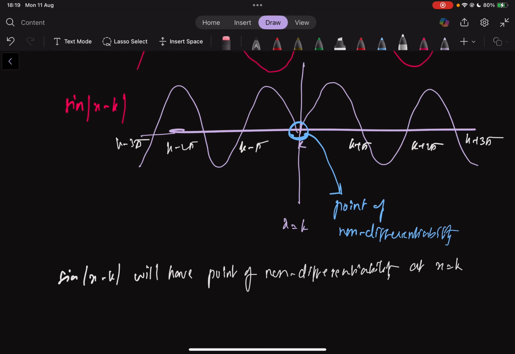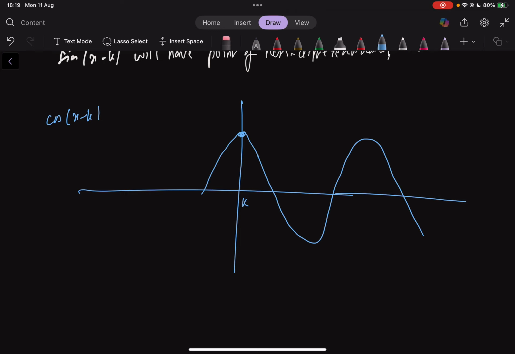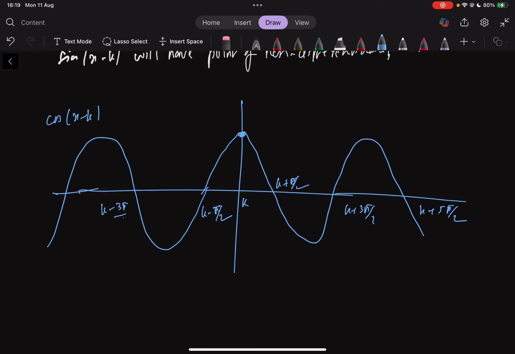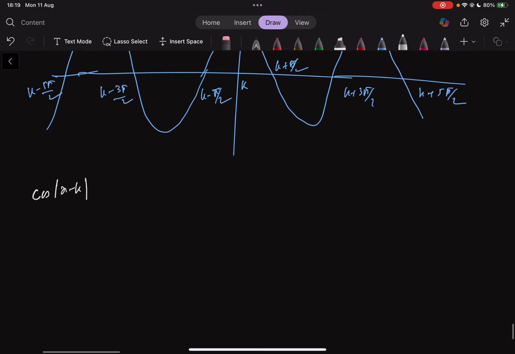Now in a similar way, we can plot the graph of cos of x minus k. So cos of x minus k at k will be 1. So let's say this is at k, so this will be 1. And this is at k plus pi by 2, k plus 3 pi by 2, k plus 5 pi by 2. In the same way here k minus pi by 2, k minus 3 pi by 2, k minus 5 pi by 2. So if we see the graph of cos of mod x minus k, it will be the same